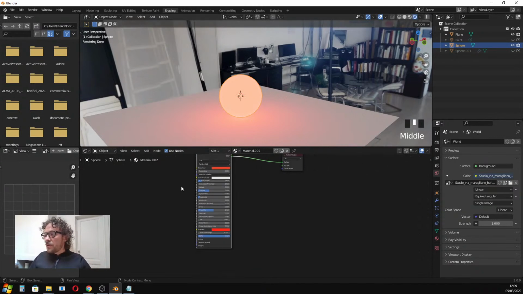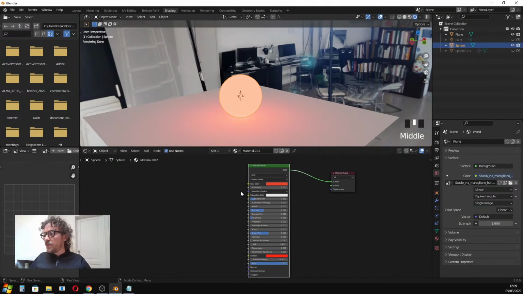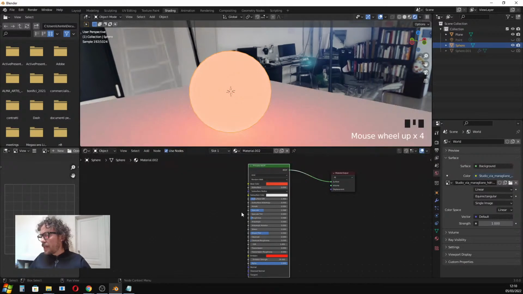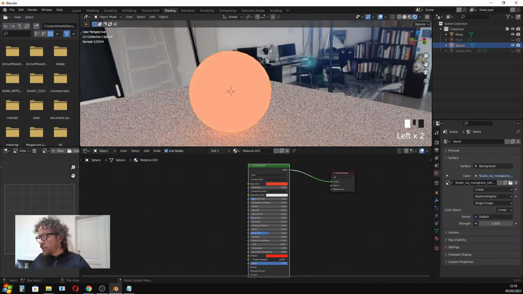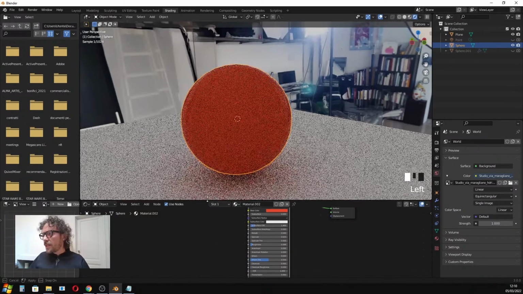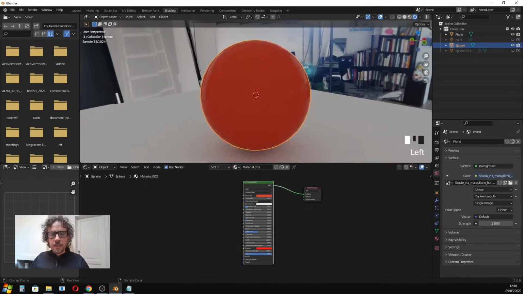Now what I can do with this, this concept is called procedural. I can put many inputs here, and then I can create something out of my materials. Let's start from scratch somehow. Let's remove this emission strength, I don't want any emission, but let's try to play with the textures. We said that an object is made by its own